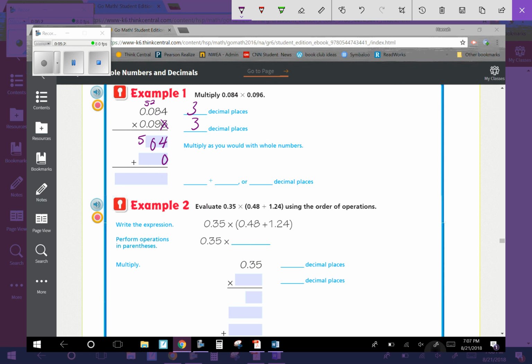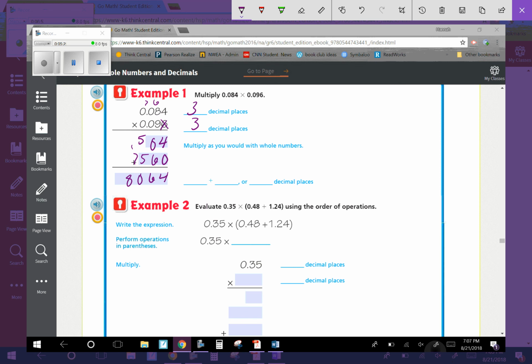And then we're going to do 9 times 4 is 36. Take these out. 9 times 8 plus 6. And then 9 times 0 plus the 7. So we get 7,560. So then when we add these up, we're going to get 4, 6,